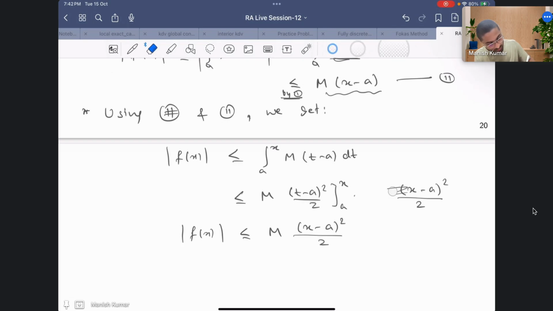Let's say this is 3. Now if I use 3 and integrate x minus a squared again, I'll get (x minus a) cubed upon 3. Repeat the same process, continuing in the same fashion,